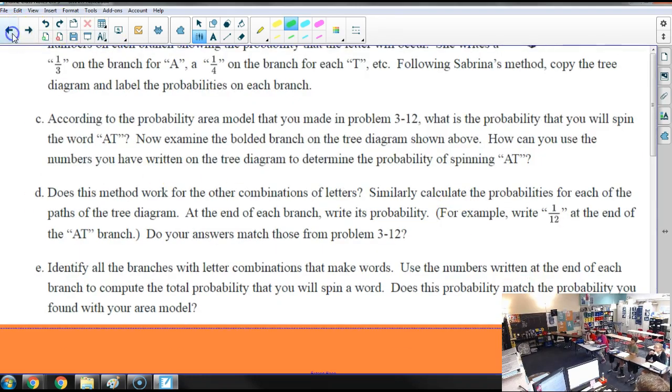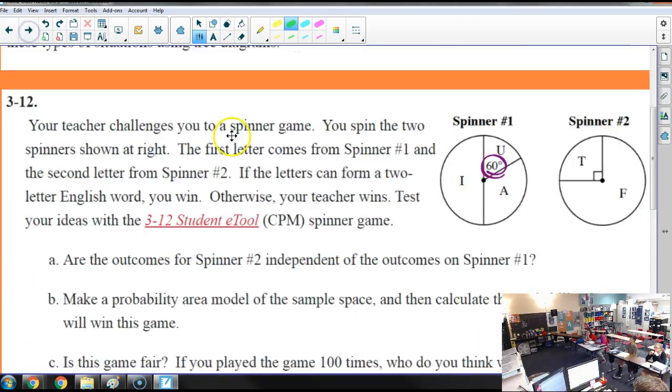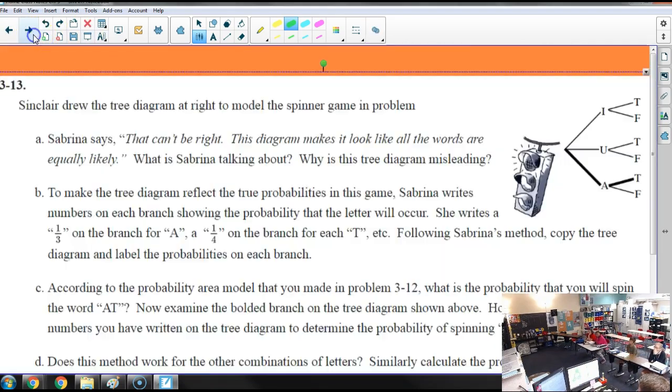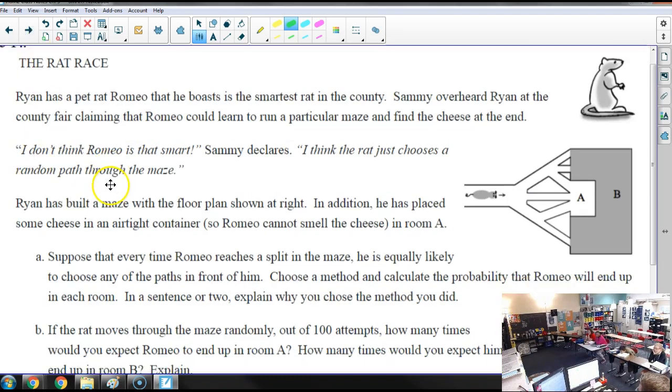So if we went back to our tree diagram, we already have each of those individual probabilities down here, right? But that's because I essentially combined the first two problems of this lesson. So skipping past that one,